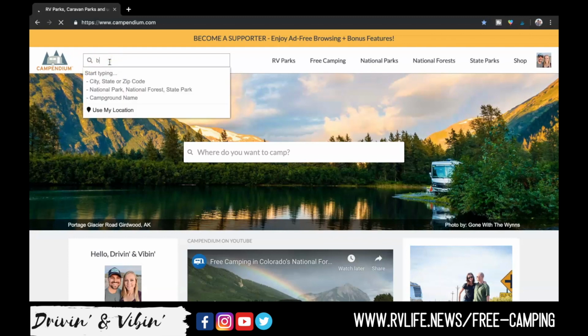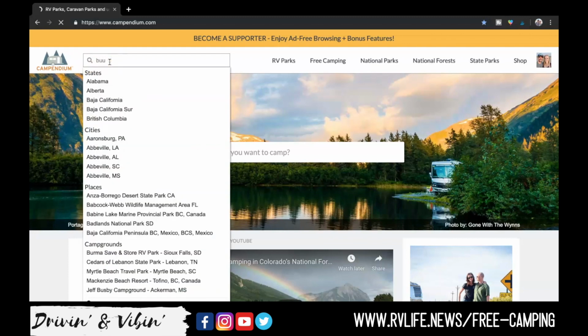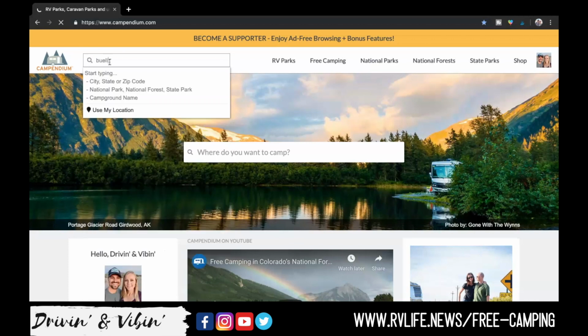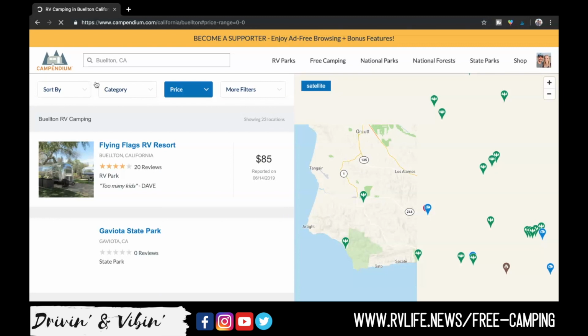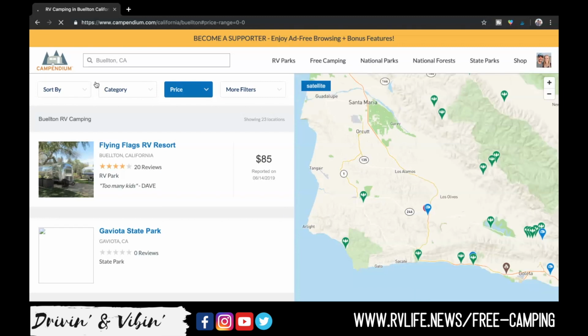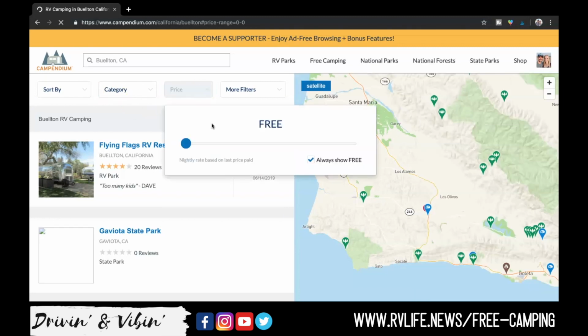So we'll go look just north of LA in a town called Buellton, California. There we go. It's coming up in cities. Check that box. See how many parks we come across. So, that's a lot of free camping in the area, but what we're going to do instead of looking for free camping,